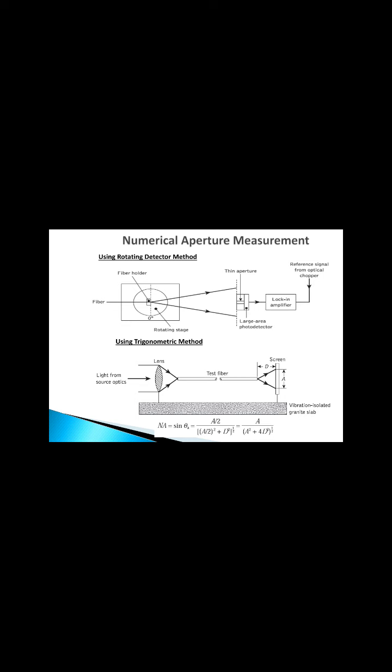You will measure the screen size as A, the capital A. Now you increase or decrease the length of the fiber, that is, your holder positions are changed. Once you vary the distance D between the screen and the fiber, automatically the screen size will vary. So with respect to the screen size, you are going to calculate the numerical aperture. That is what is being defined here.